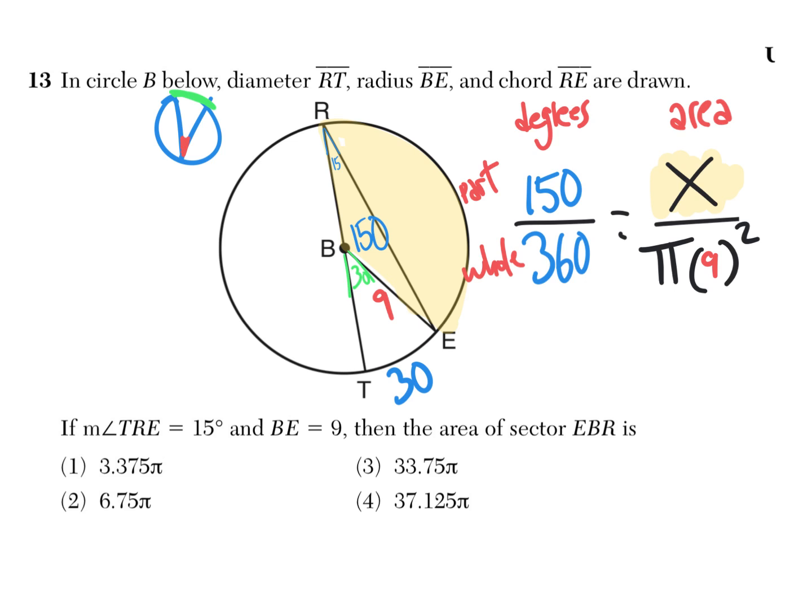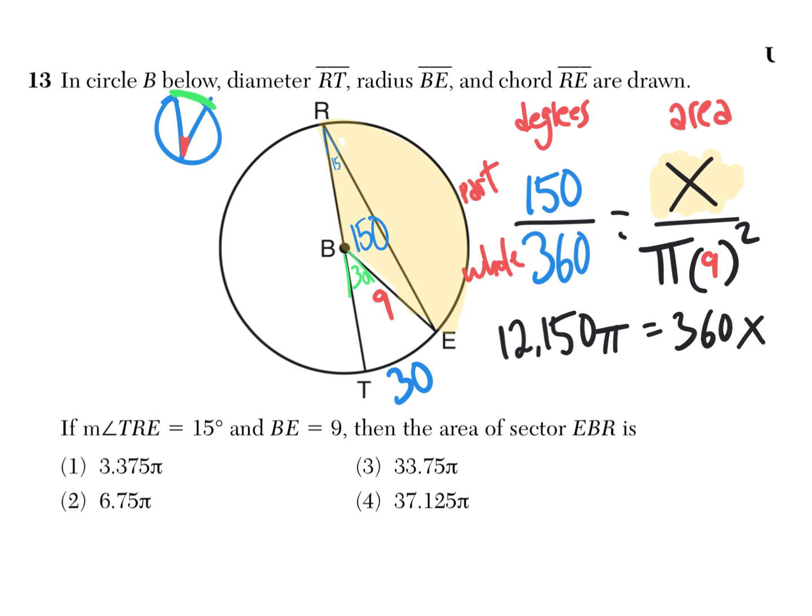81 times 150, and I regret I cannot do that in my head, so I'm going to use my handy-dandy calculator. 81 times 150, it's going to be a big number, and it is. It's going to be 12,150. Okay, beautiful. And 12,150 pi equals